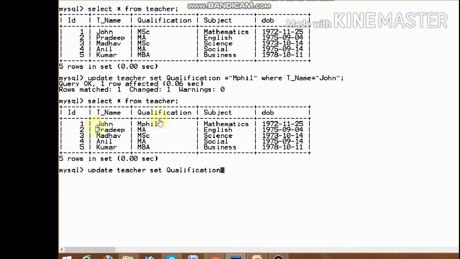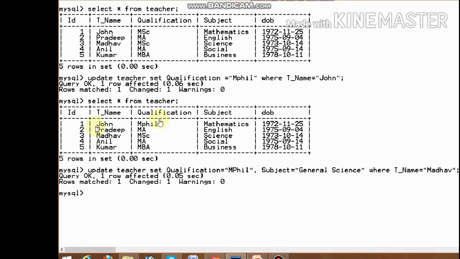Now update teacher set qualification equal to MPhil, comma, subject equal to general science, where T name equal to Madhav.